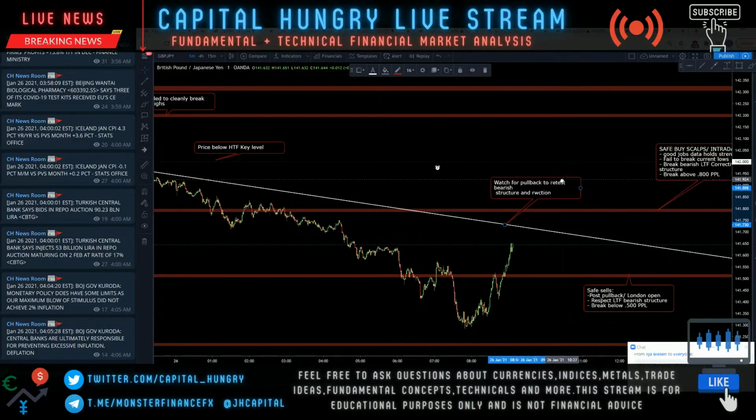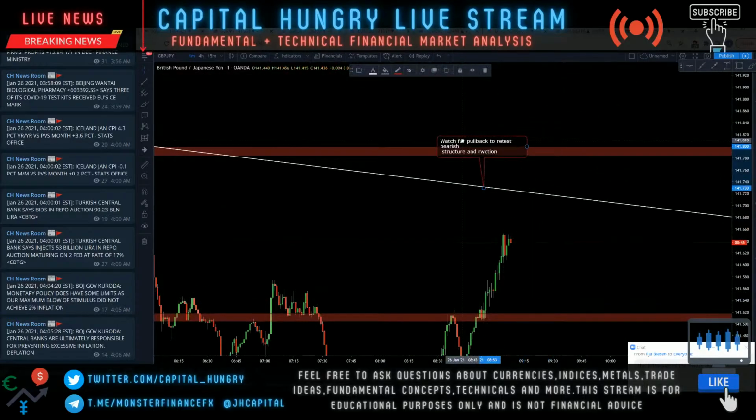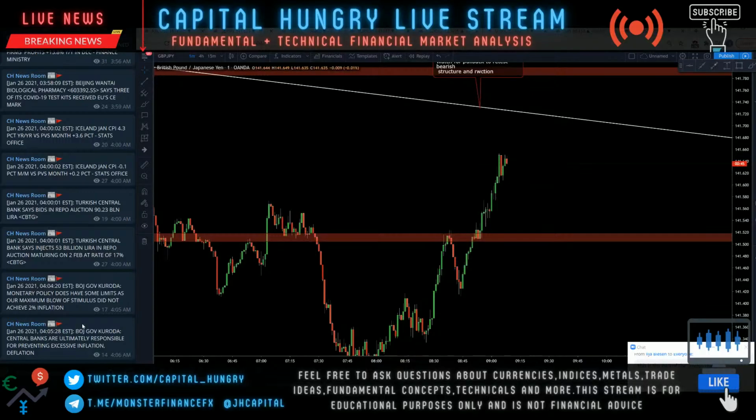Yeah, I was waiting for this too. We have some headlines from Bank of Japan's Kuroda that could impact JPY short term. Let's see if he says good things, then GJ is going to go up more because it's going to weaken the yen short term. If he says bad things, then it's going to bring some short-term fear, and then GJ will probably reject this structure point and then come back down. But Bank of Japan, Kuroda speaking right now.